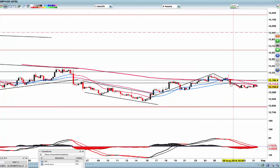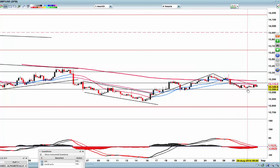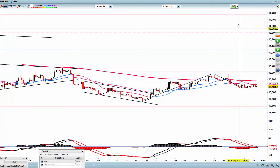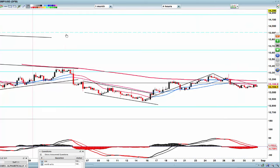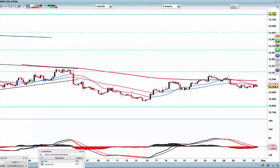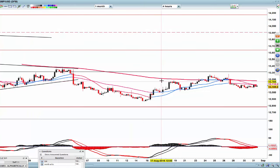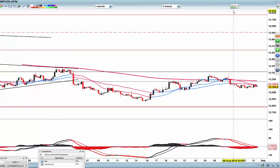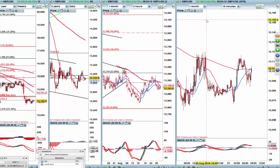I think this drop down here last Friday, after the Jackson Hole speech, was indicative of what the market wants to do, and so therefore we need to look for a short. So let me take this off, because what I'm going to do now is set an alarm for that 168 level, and then see if that can get